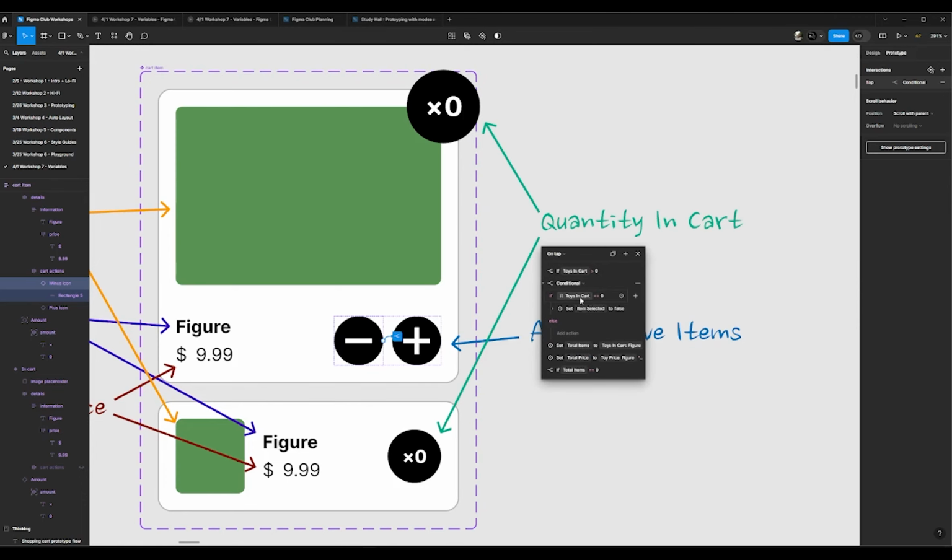So it checks to see if toys in cart equals zero. Then we set the item selected to false, right? So if you haven't added a figure to your cart, then we understand that the number of figures in your cart is equal to zero. And so you haven't selected it, right? And then